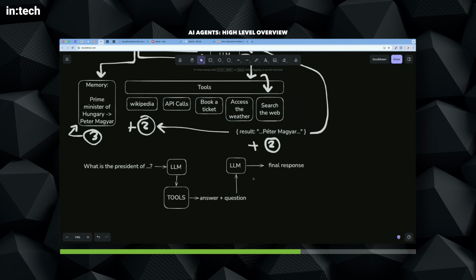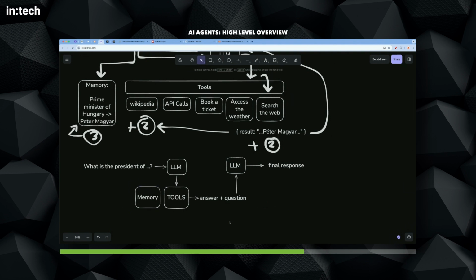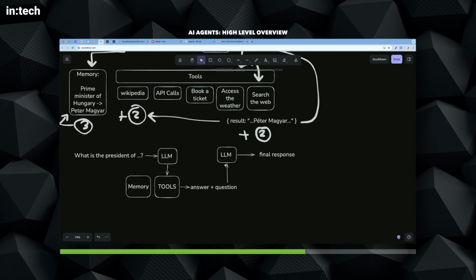Sometimes you can have a third, fourth, fifth, or even more LLM calls. You're using the tools, you're using some memory that you look up in case you know something from the past, and then they give you the final response. And then if this is something a little bit more complicated than asking the president,